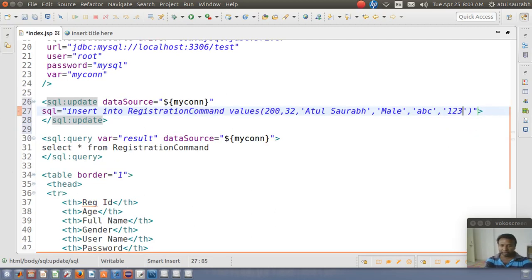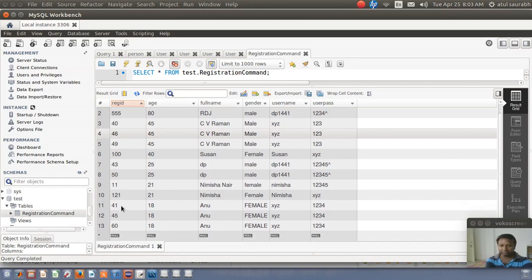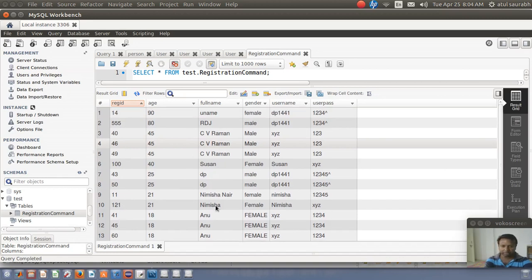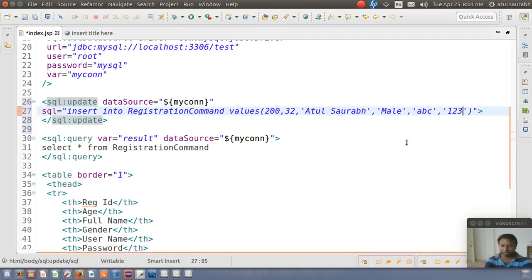Let me see whether that entry is available in this database or not. First of all, 200 is not available. At the same time, Atul is also not available, right? So let's execute it.